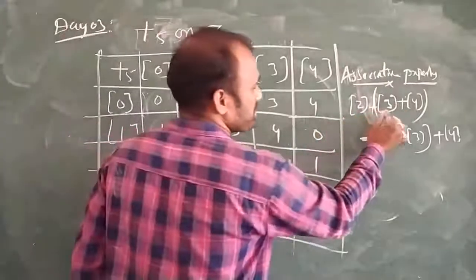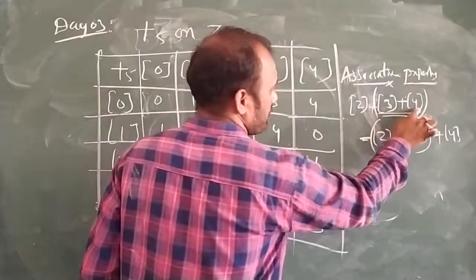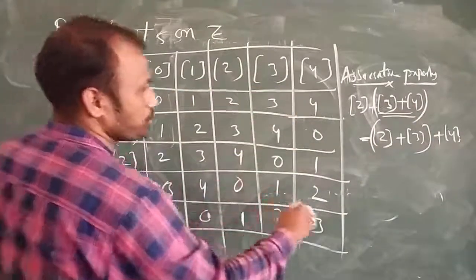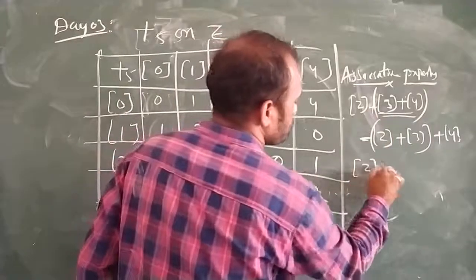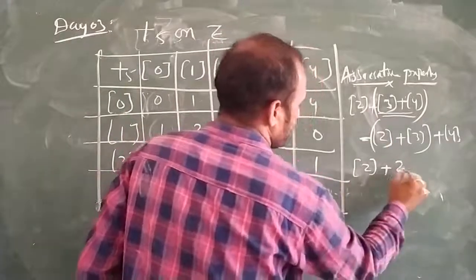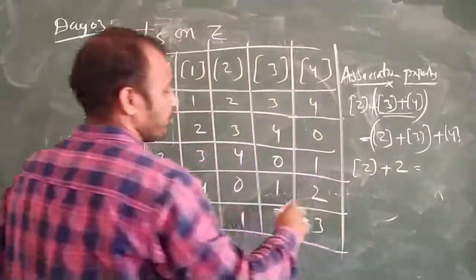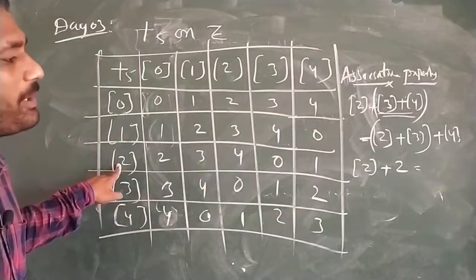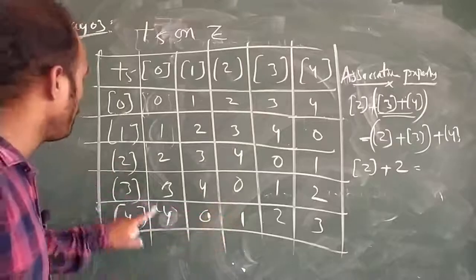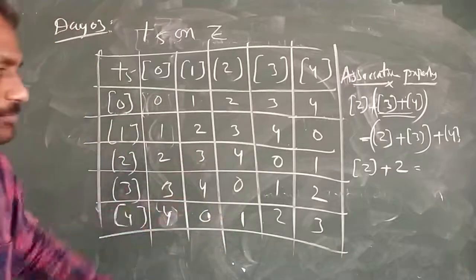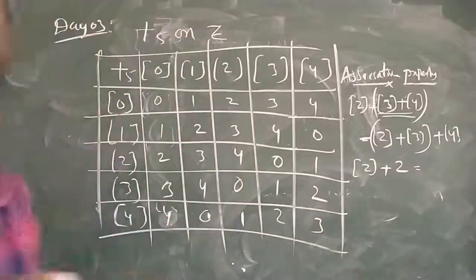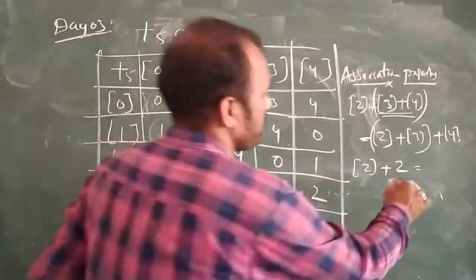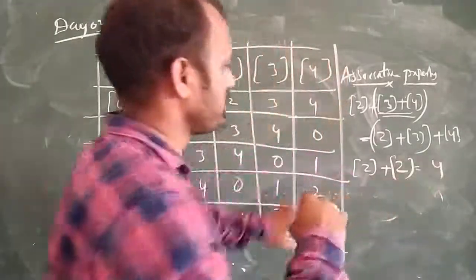Now see here. These 2 I need to prove first. Let me prove this left hand side. 3 plus 4, modulo 3 plus modulo 4. 3 plus 4 answer is 2. So modulo 2 plus 2. If I add modulo 2 with the given number, modulo 2 plus modulo 2, how much am I going to get? 4. So modulo 2 with modulo 2 gives us 4. Okay, this is the left hand side.